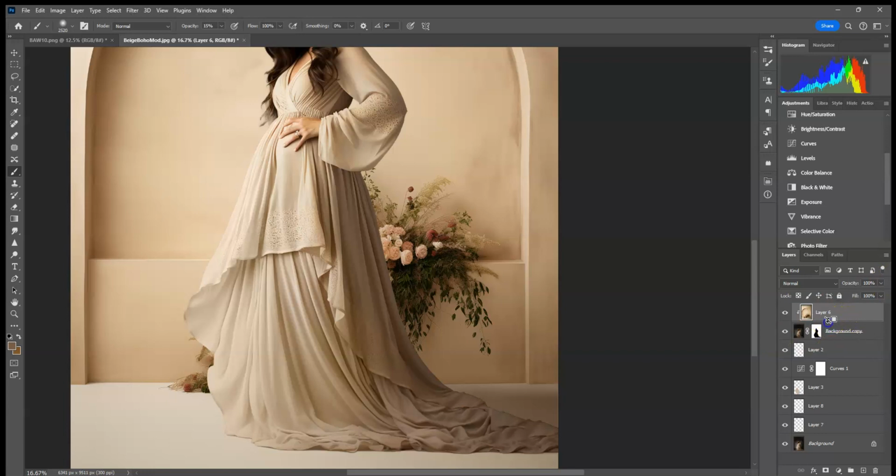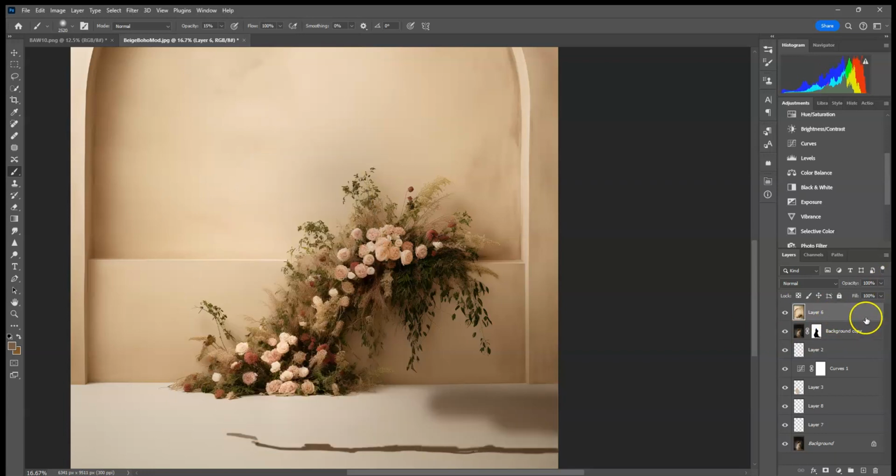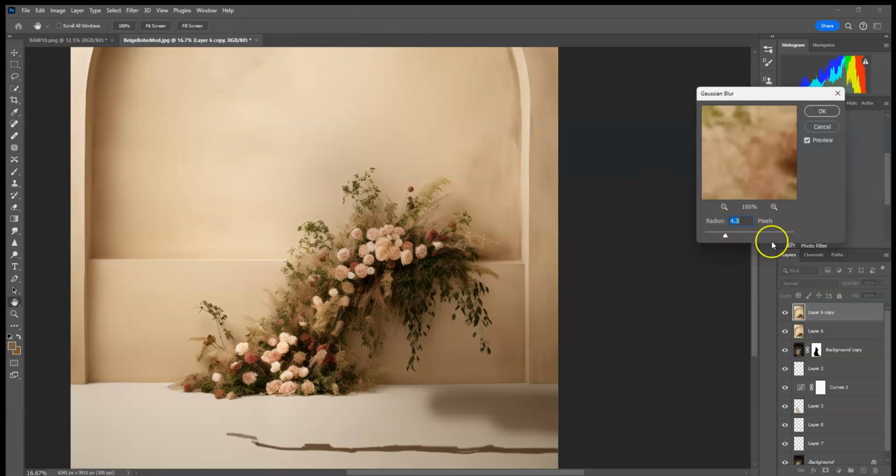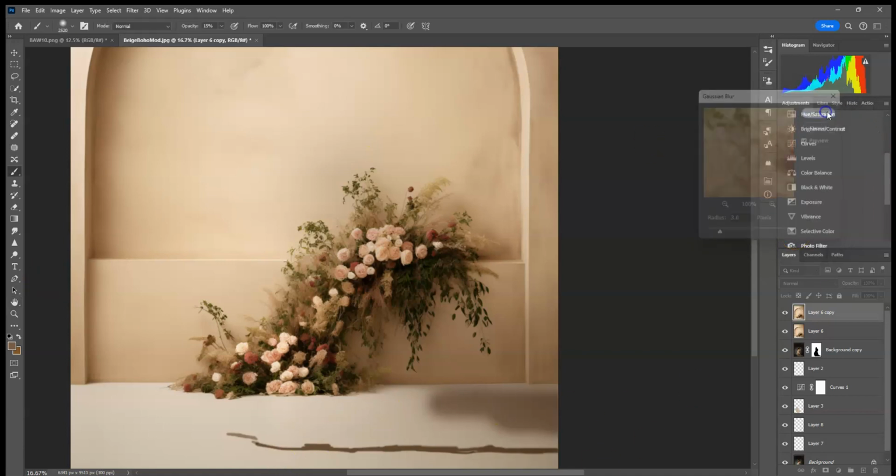And then I'm going to unclip it real quick. I'm going to duplicate it. I'm going to go up to filter and blur, Gaussian blur, and I usually add about 3 when they're standing kind of close. And then I'm going to create a layer mask on there,